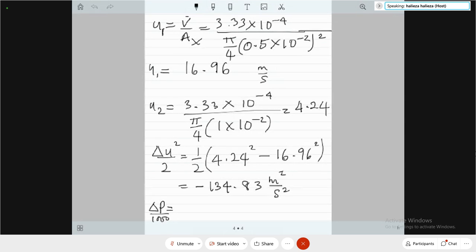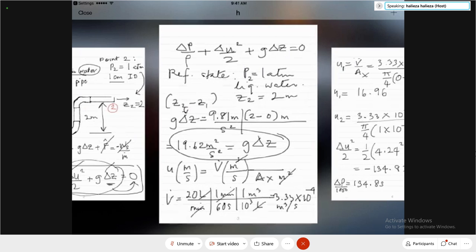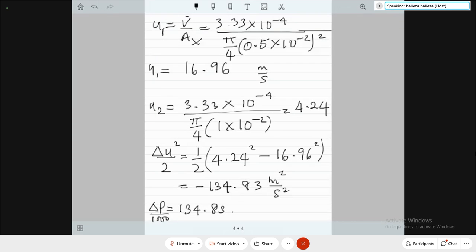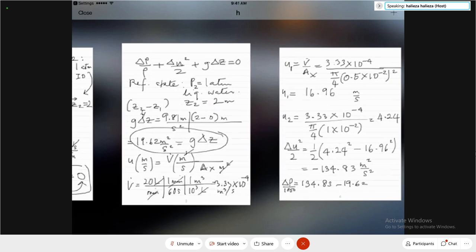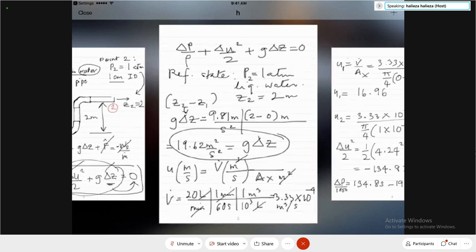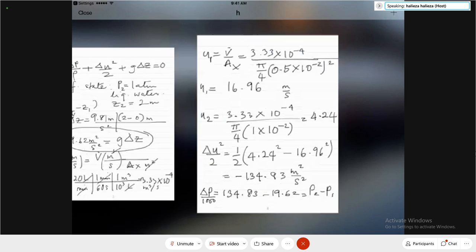We have negative, we become positive for the difference in velocity, and the difference in height just now, which is 19.62. Since it's positive, it becomes negative 19.62. But I hope I get it right. And 19.62. Okay. So your pressure difference is going to be P2 minus P1, and P2,